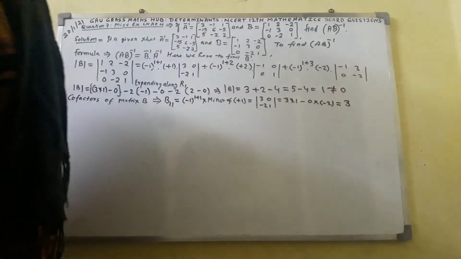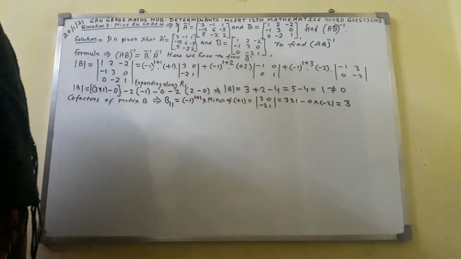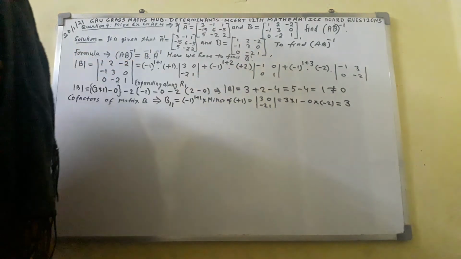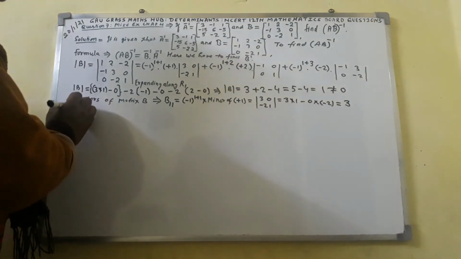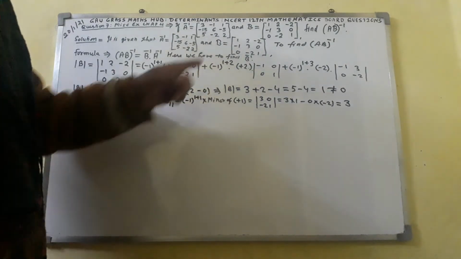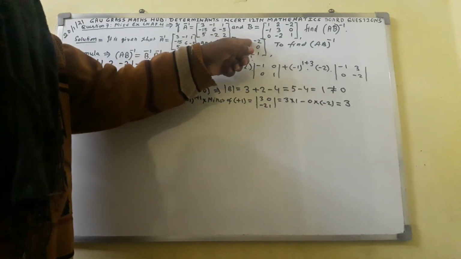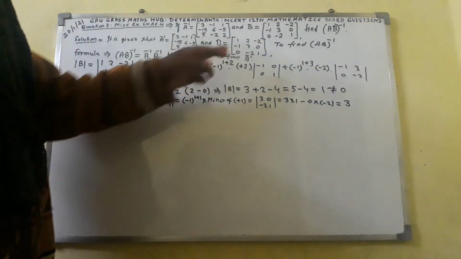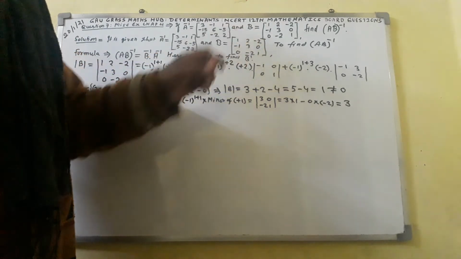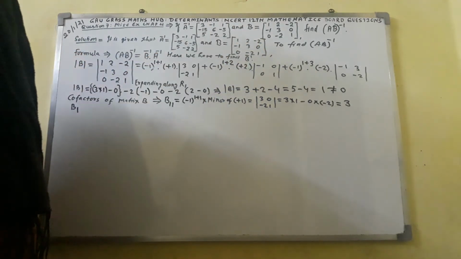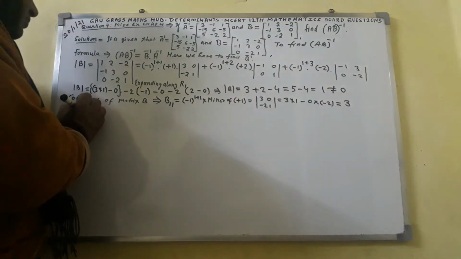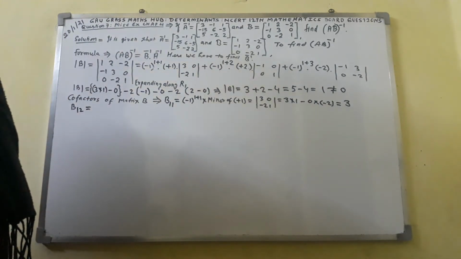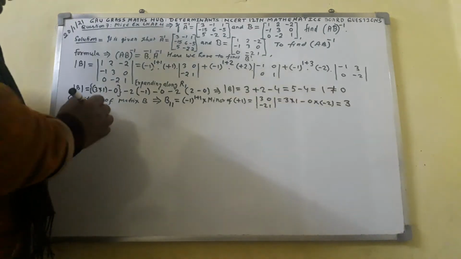Now think over this element too. So here I shall write B. This element 2 is there in first row. For first row I shall write here 1, and this element is there in second column. For second column I shall write here 2. B_12 will be there. So here I shall write